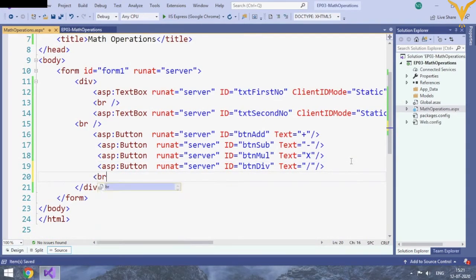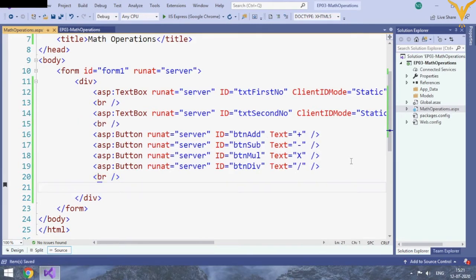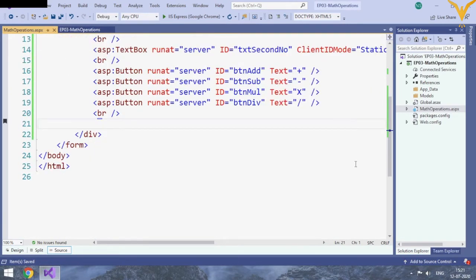And then we'll add a break tag again, and here we will add the label where the output will get displayed. So yes, I have pressed control plus k plus d, so that it will arrange your code automatically according to the indentation.